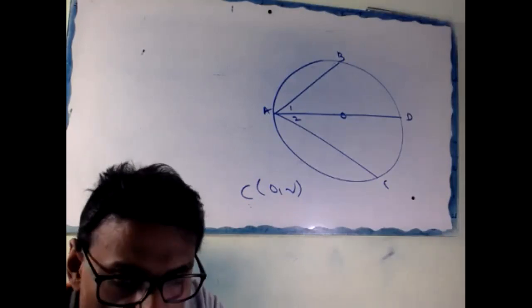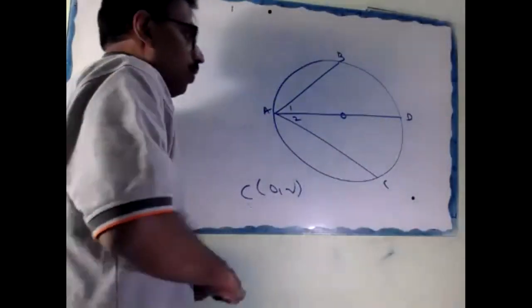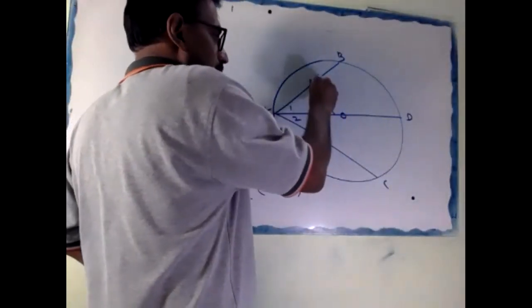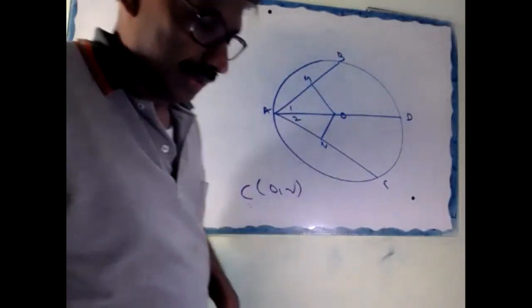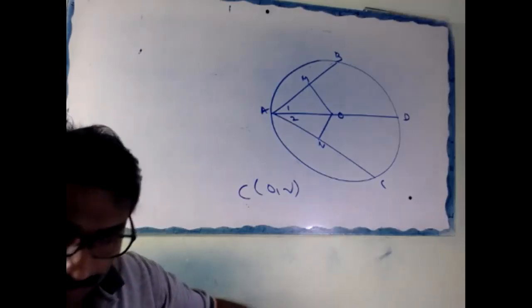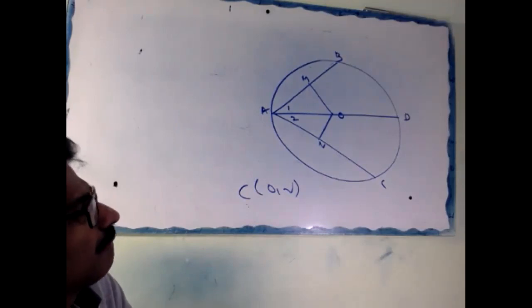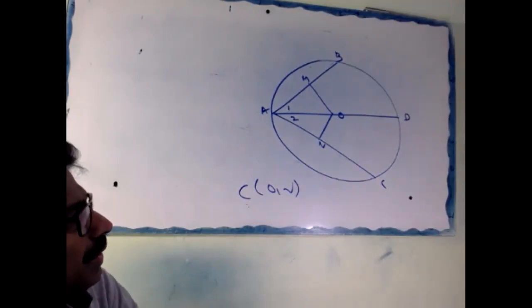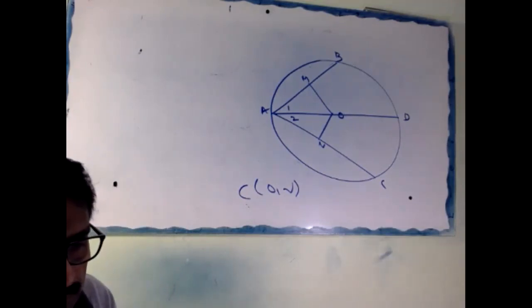Okay. What is given? What you have to prove? Then after that, look, there is a construction. Draw OM perpendicular to AB and ON perpendicular to AC. Right. Construction: draw OM perpendicular to AB and ON perpendicular to AC. Okay, up to here, okay? Now listen. Now proof.